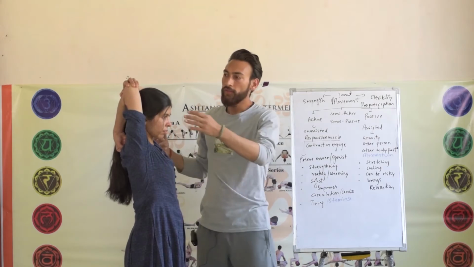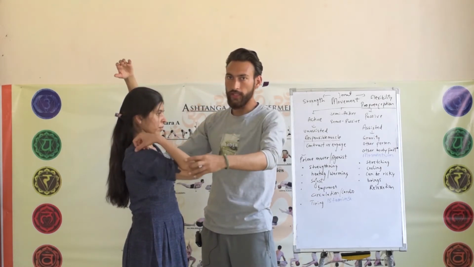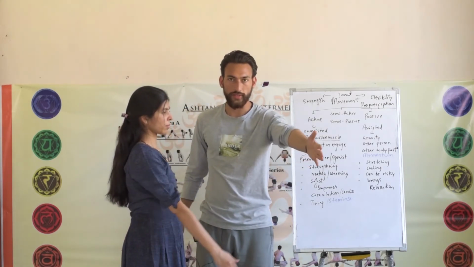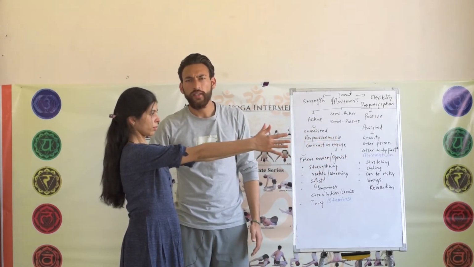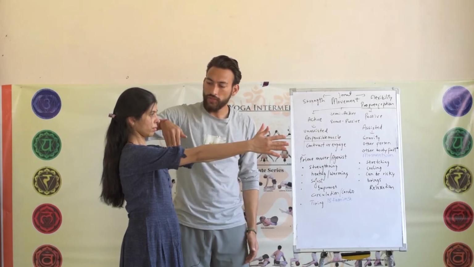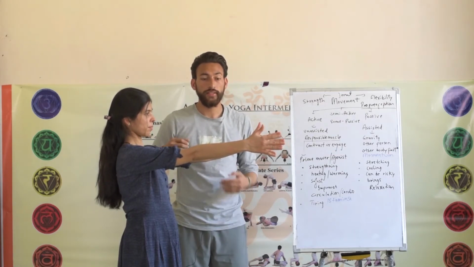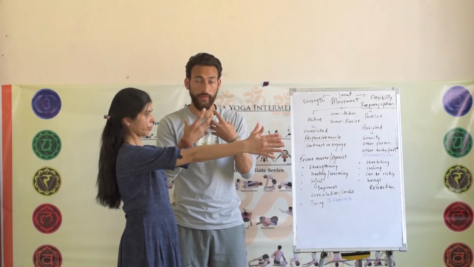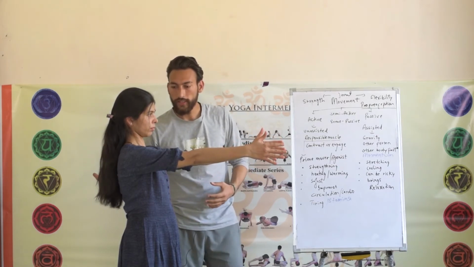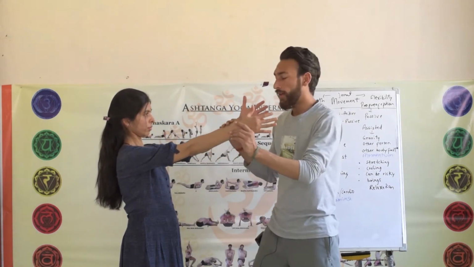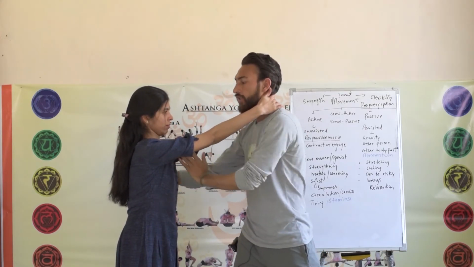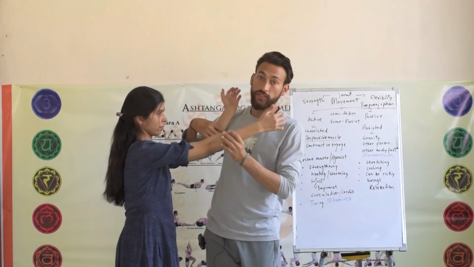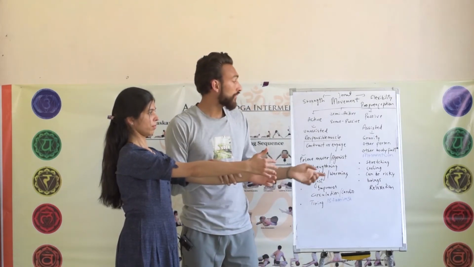Similarly, if I want to stretch her upper back from behind and I say reach both hands forward yourself to stretch the back, there may be a little bit of stretch, but most of the tension will be felt in the front because she is doing this movement with active effort. But if I want to stretch her back, I may say grab my neck and I help her push backward, and that may give her gentle stretching behind. So stretching is generally felt when you move passively.